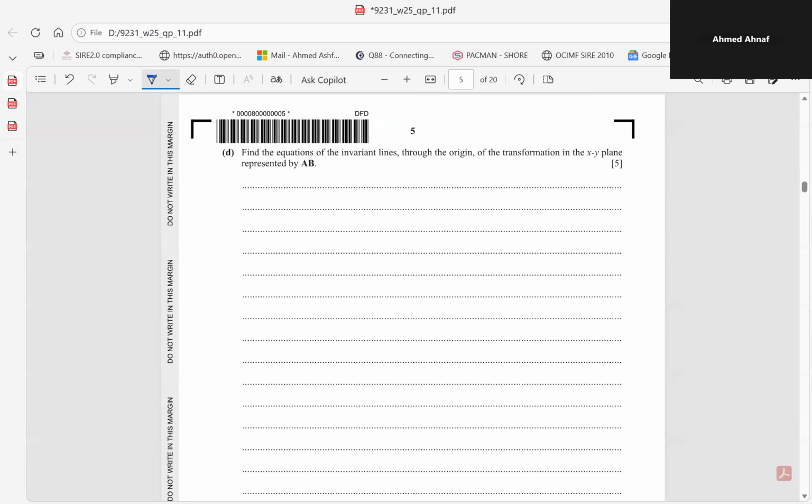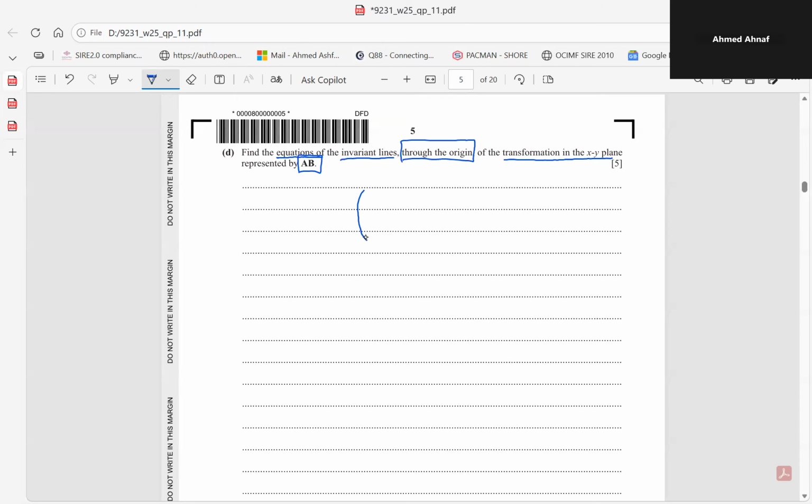Okay, so for the last part, we're told to find the equations of the invariant lines through the origin of the transformation in the xy plane represented by AB. Okay, so this is a standard question that you must know how to do. So to do this question,